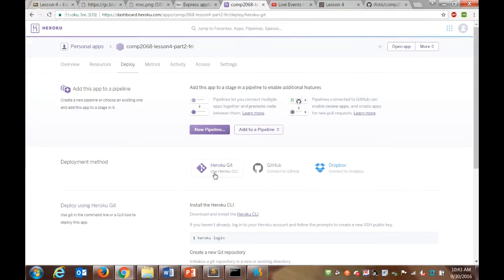Once your application's created, you'll get this screen. We can deploy using a command line tool. It's kind of like pushing to Git. You can connect to Dropbox, or the easiest thing is